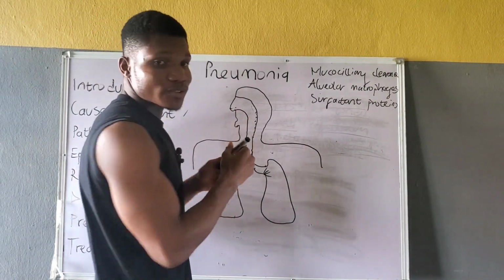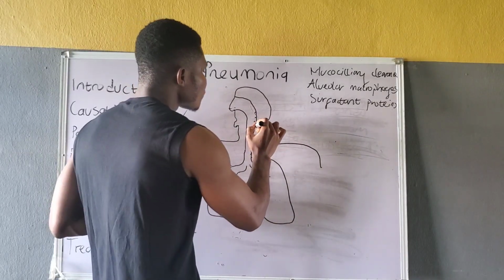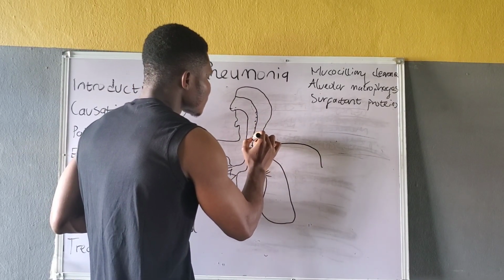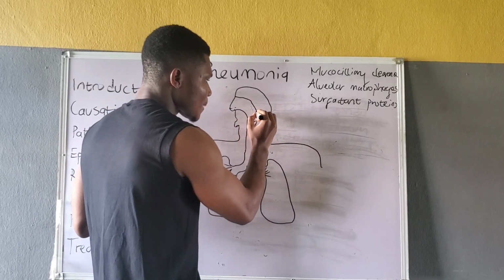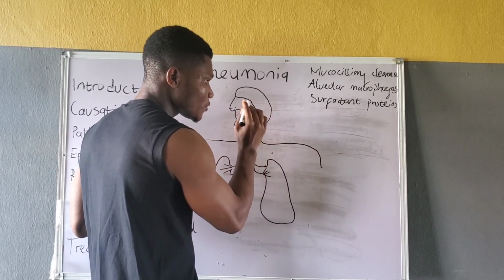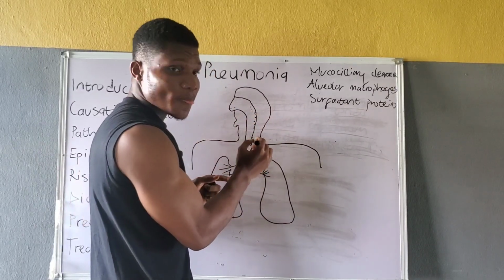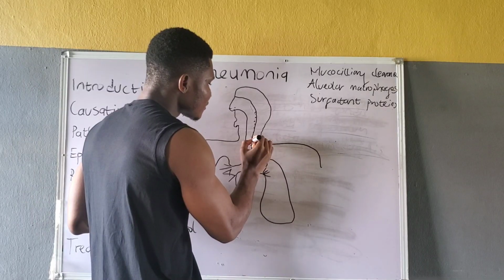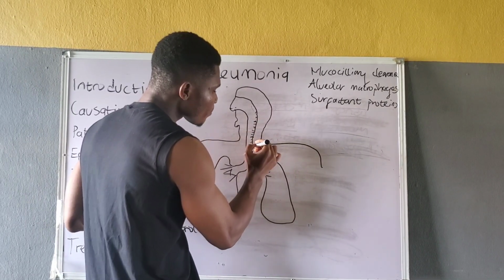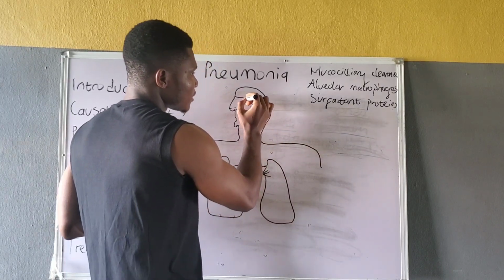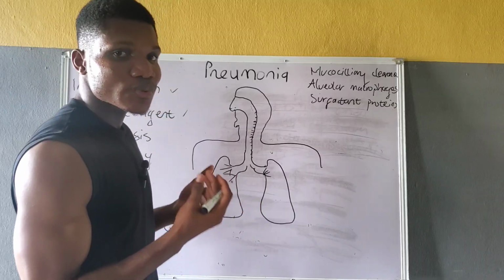Cilia are hair-like structures within the respiratory tract. They propel the pathogen upwards. So first of all, the mucus within the respiratory tract traps the pathogen, and then cilia, that is hair-like structures within the respiratory tract, propel the pathogen upward. And when these pathogens are propelled upward, they are then coughed out